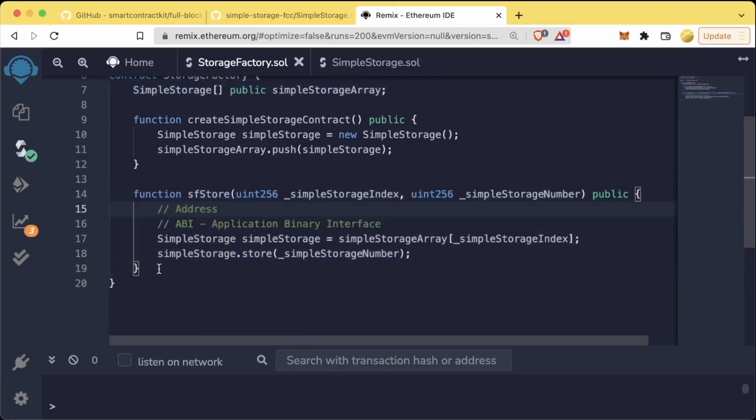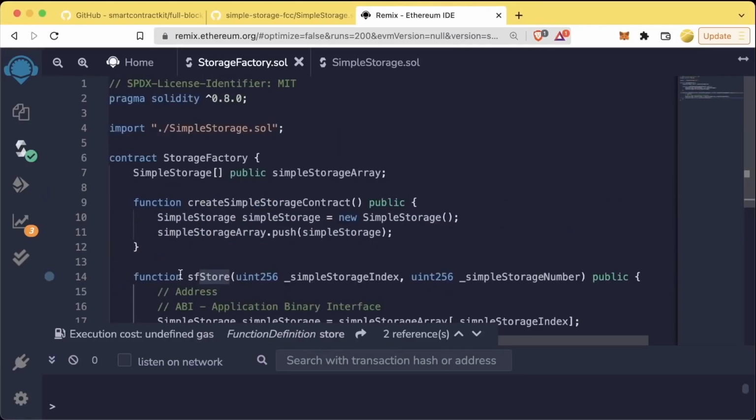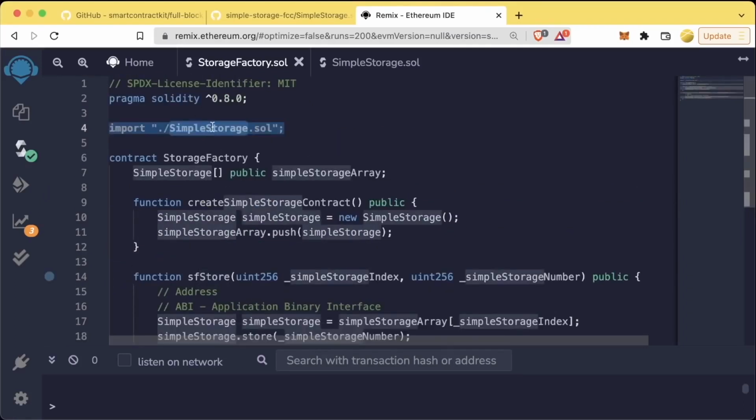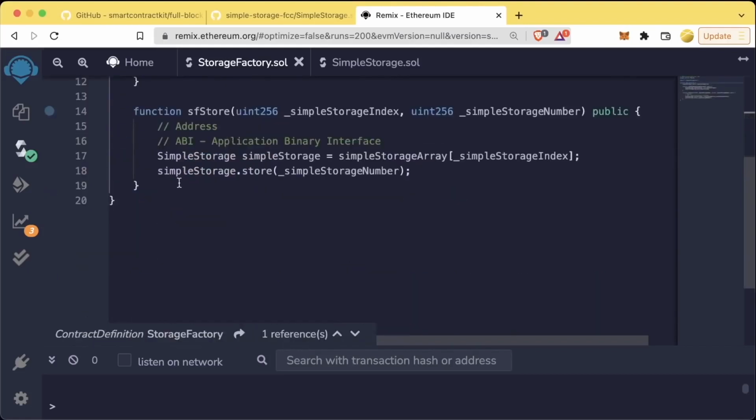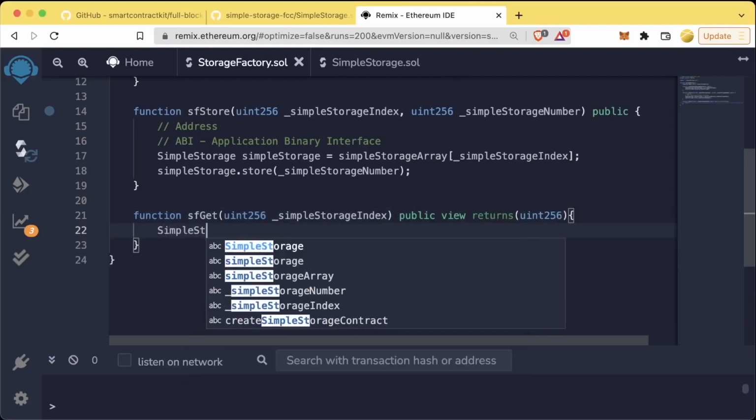So this is perfect. And if we were to deploy this right now, though, we wouldn't be able to read this store function. So let's create another function that can read from the simple storage contract from the storage factory. So we'll create a function called sfget, which stands for storage factory get. It'll take a uint256 underscore simple storage index. This will be a public view function since we're just going to be reading from our simple storage contract, and it's going to return a uint256, and we'll say simple storage